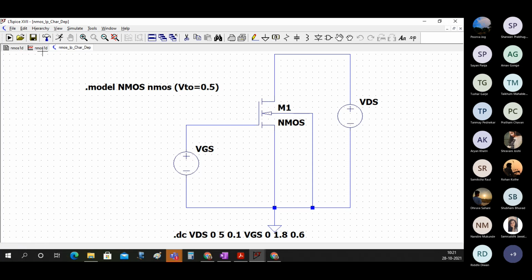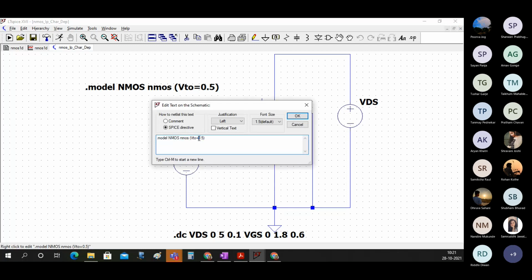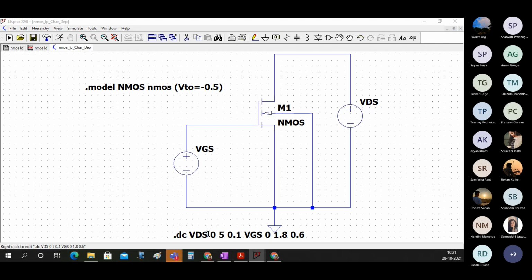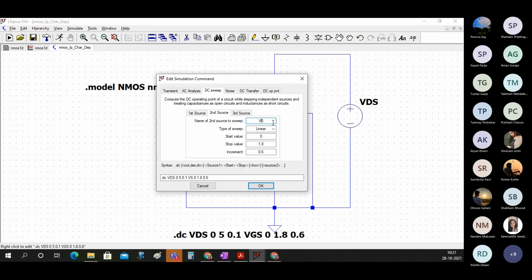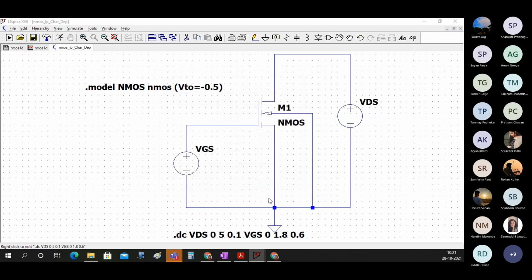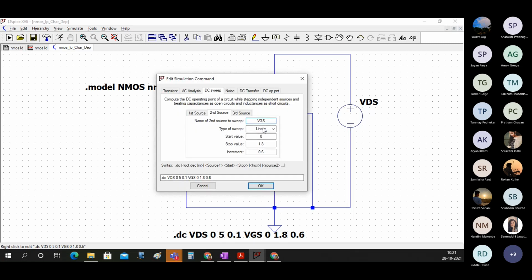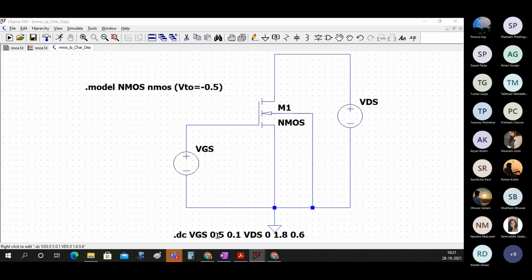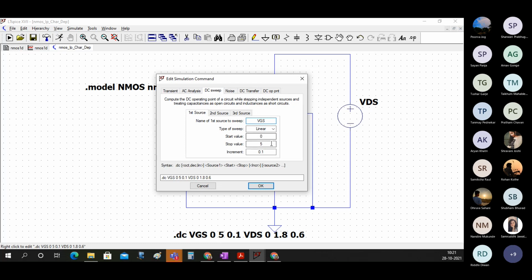Here just this dot model will become minus 0.5, and here we will write VGS. The second source we will write VDS. Say OK. And as far as the first source is concerned, you have to write -2 to 2 in steps of 0.1.